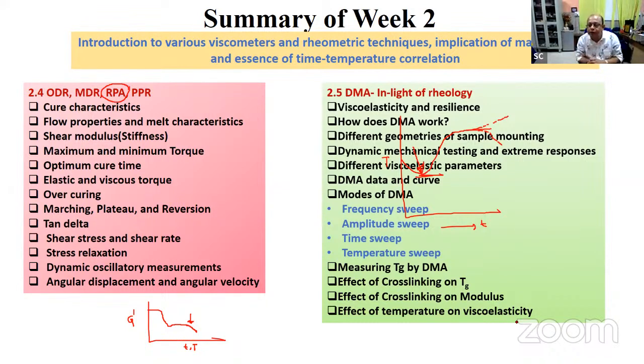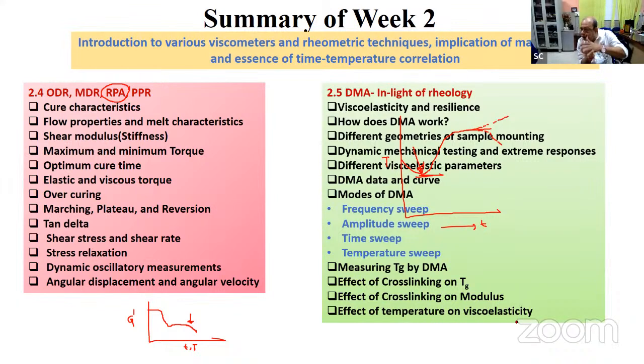So, for example, dynamic testing and their extreme responses and different viscoelastic parameters, DMA data, and modes of DMA. Say you do the measurement in a frequency sweep mode, where you keep the rest of the parameters like temperature or time constant. Amplitude sweep, you vary the amplitude, then keep frequency and temperature constant, and sweep. So those are the modes you do it,